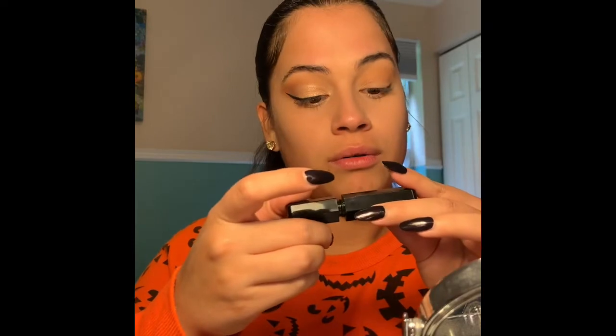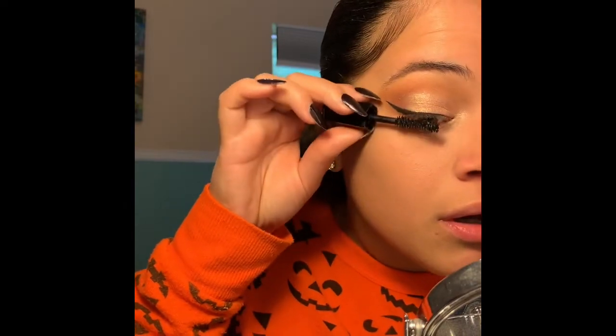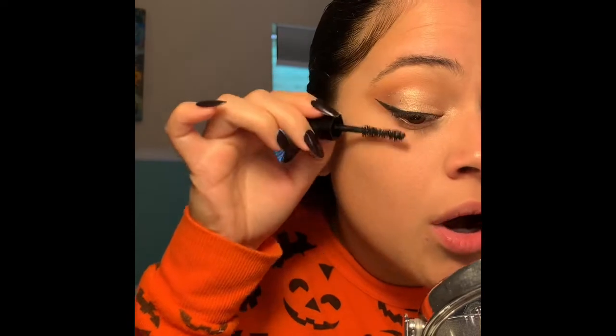I'm going to go ahead and use my Marc Jacobs travel sized mascara. This is the Velvet Noir Major Volume Mascara. Love it. I'm gonna go ahead and coat my lashes. Oh God, I hate when that happens. Okay,